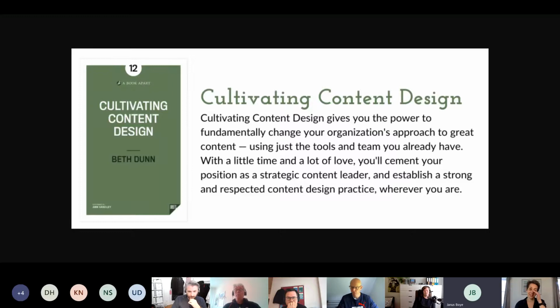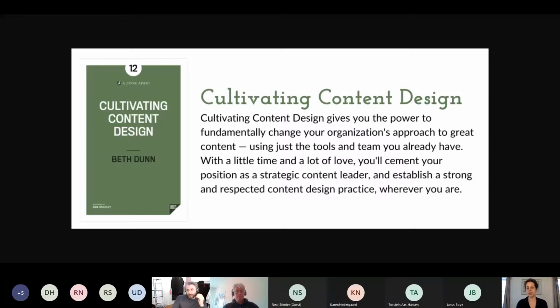Sure. So this is actually a book that the folks at A Book Apart approached me to write after some of the people at that company saw me give a talk at Confab, which is like the big content conference in the States, in Minneapolis. And it was all about what I had learned from growing a content design practice at HubSpot and building it from being a solo practitioner to an integrated global team, which is a really tough move for everybody, I think, who attempts it. So I was trying to share what I had learned and some of the methods and mindsets that helped me along the way.